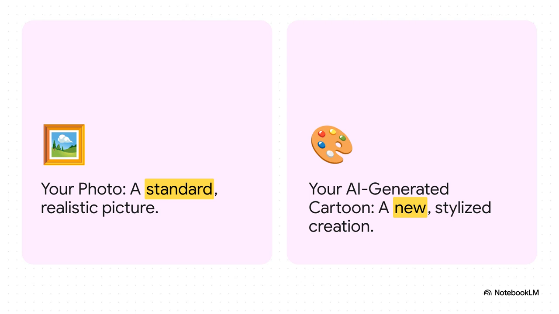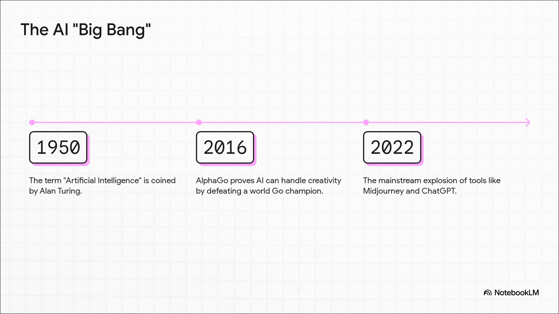Well, that whole transformation, that's all thanks to something called generative AI. See, the key word here is generate. It's not just tweaking a photo, it's creating something brand new from scratch. This ability is what separates it from everything that came before, and it's the exact same tech that has absolutely exploded into the mainstream.